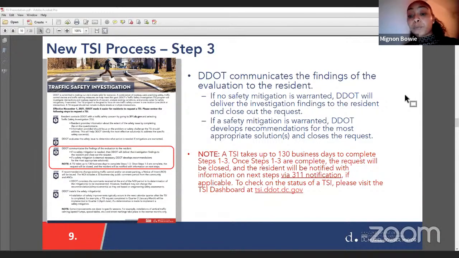Once steps 1 through 3 are complete, the request will be closed and the resident will be notified with information on the next steps via 311 notification if applicable. To check on the status of a TSI, please visit the TSI dashboard at tsi.ddot.dc.gov. And I was just notified, because I did not know this, because I've received emails that might have said